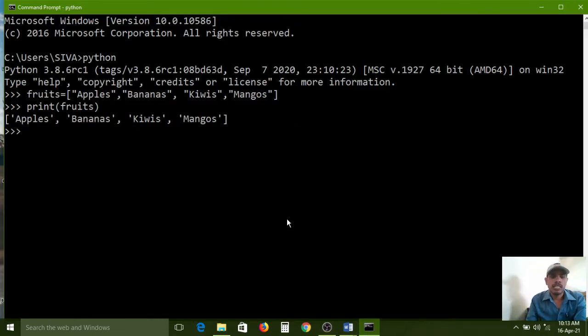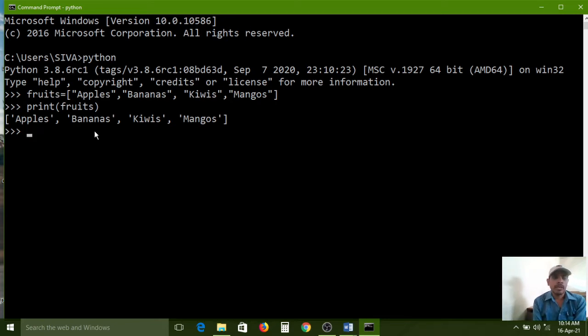Next, list slicing means if you want to print a range of elements. A range of elements is nothing but some part of the elements. So from some part means, from bananas to mangoes I want to print. The first element I don't want. Then how can we split that entire list into a sublist and store it in some other variable? By using slicing, the list slicing option.